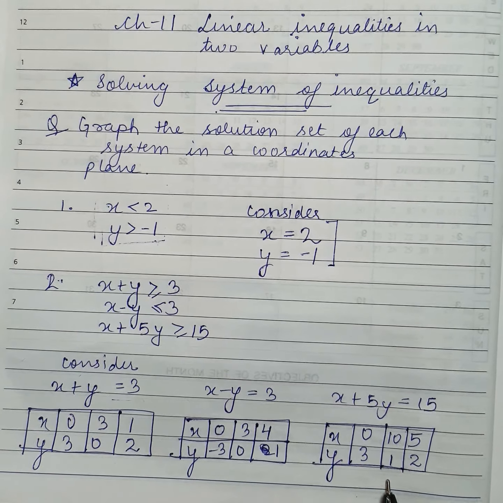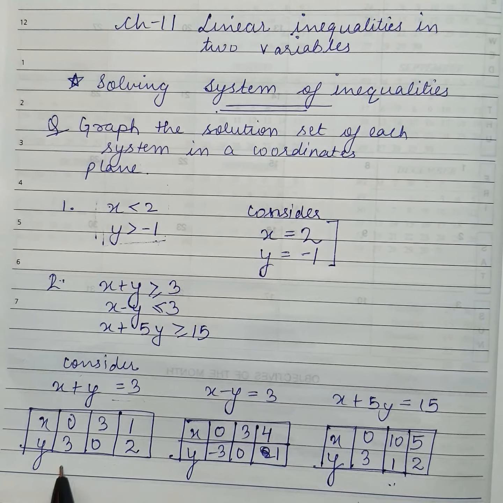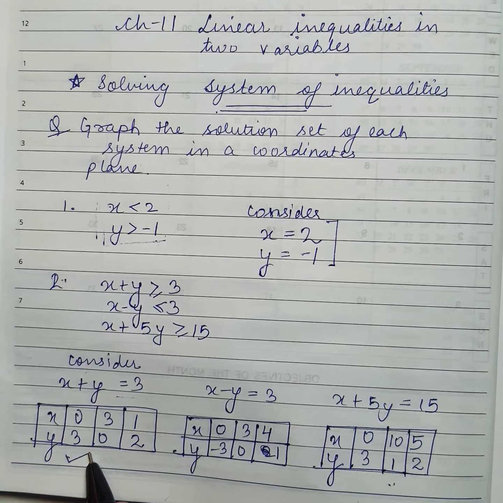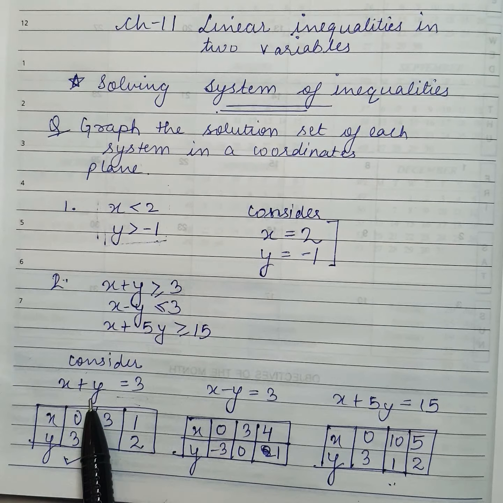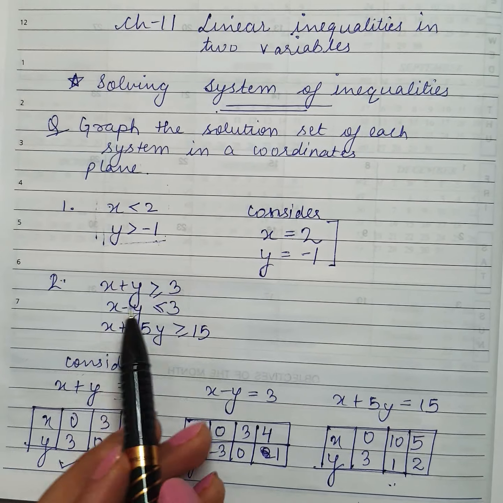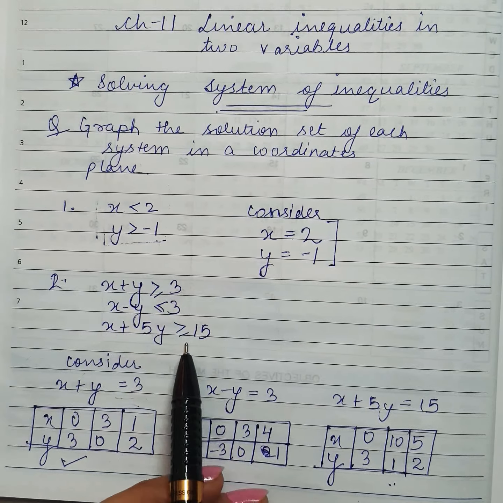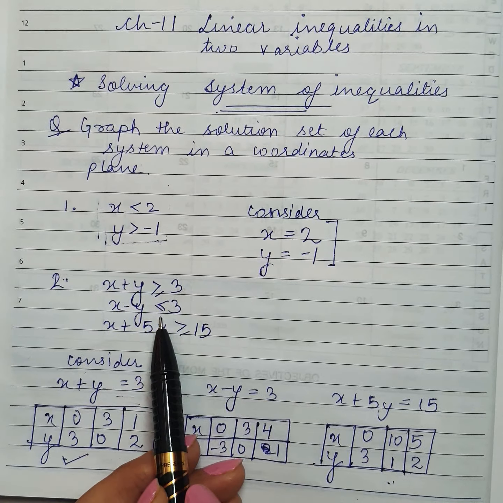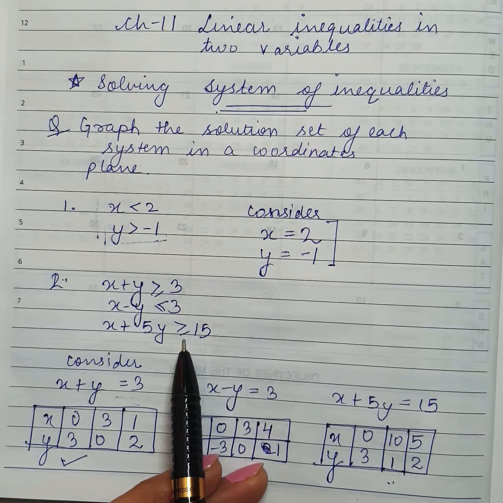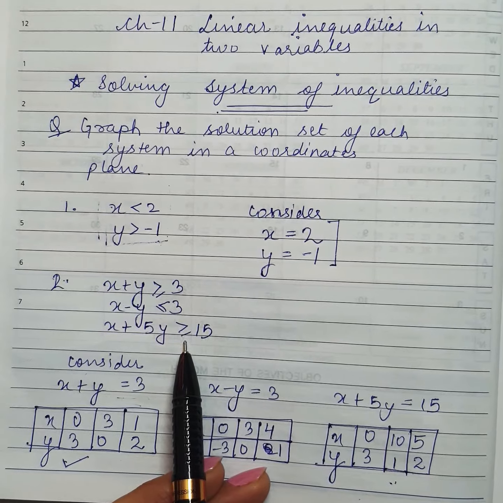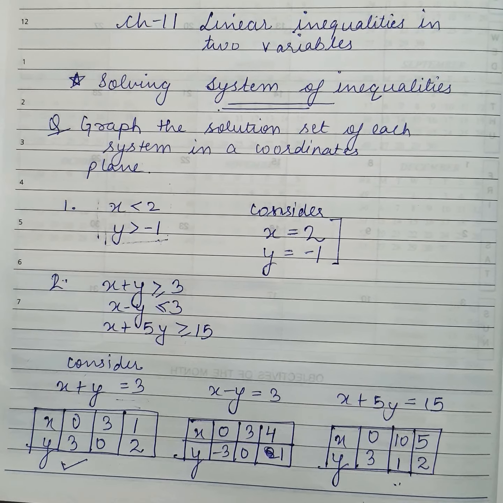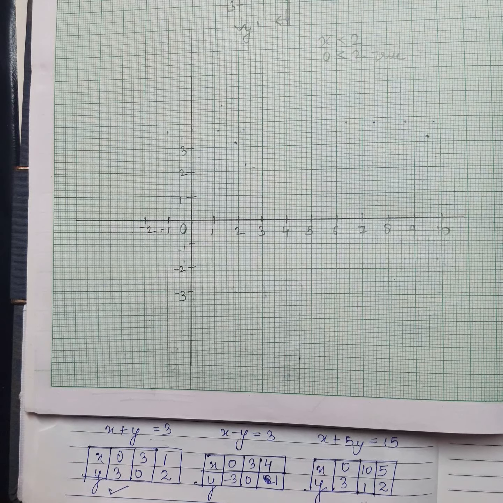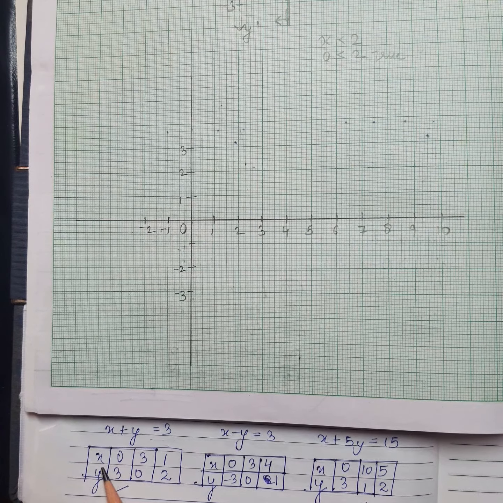The 3 tables are formed. Now first of all I am going to plot the points of one line, shade it, and find the region of the shade. Also notice that in all the 3 lines we have greater than equal to, less than equal to, greater than equal to. So we are going to draw a full-fledged line, not a dotted one. So let us plot it on the coordinate axis. Alright, let us start plotting.